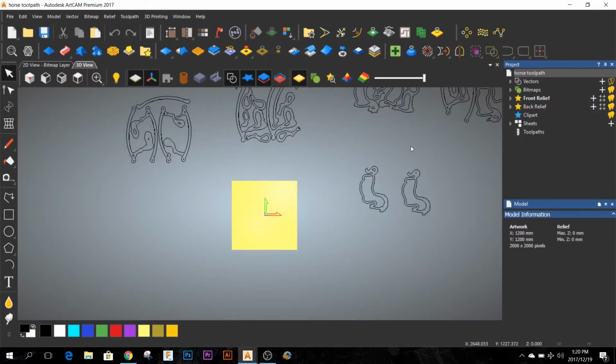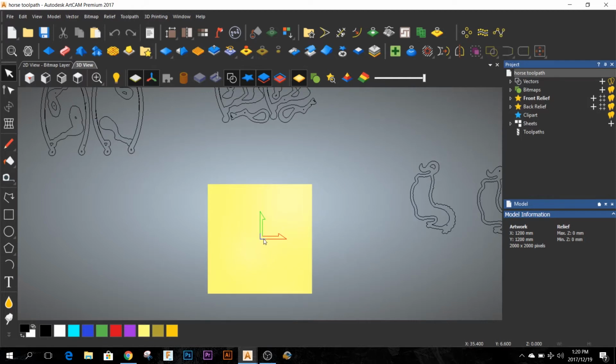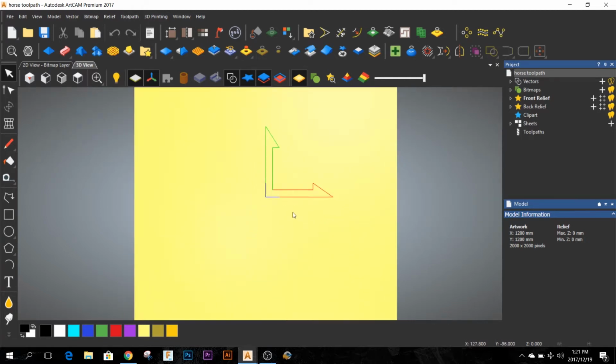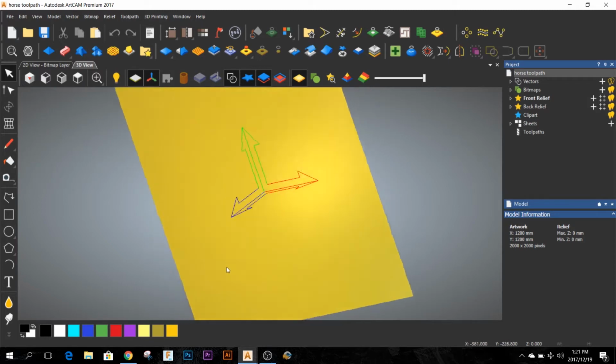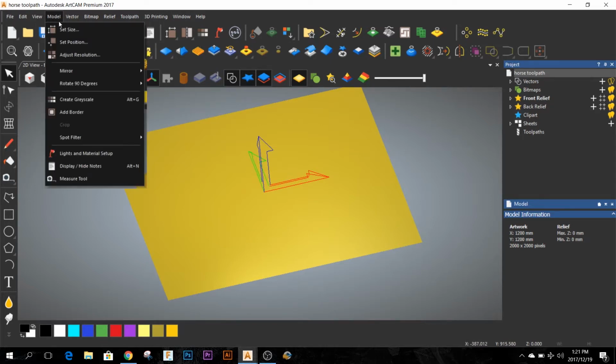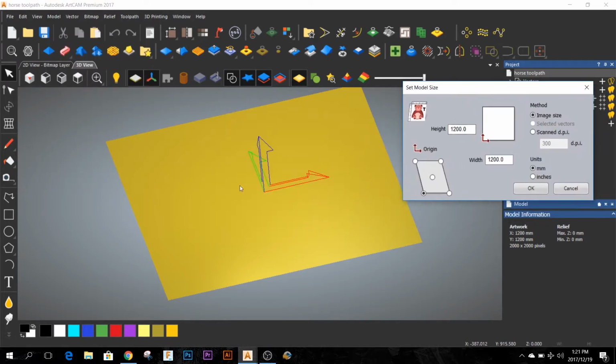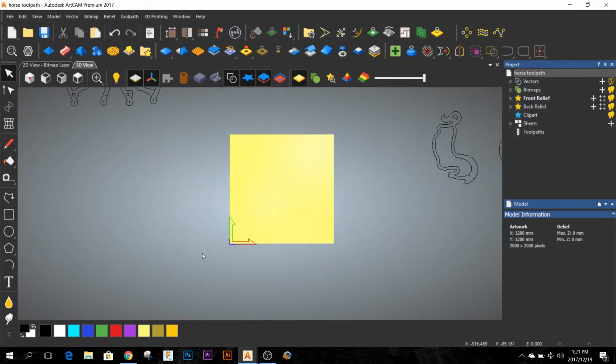Alright, so I just want to quickly mention one huge mistake I just made. You can see here my starting point for my CNCs, my 0 for all my axes is in the middle of the board. Now that's fine if your CNC machine is actually set up like that, but in reality most CNC machines are set up in one of the corners. Mine is set up so that my 0 is in the bottom left hand corner. So if I click OK,